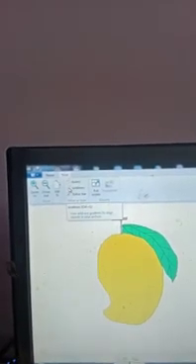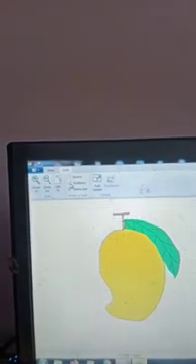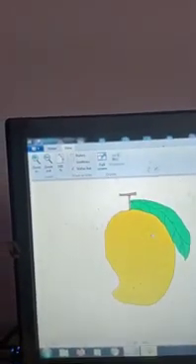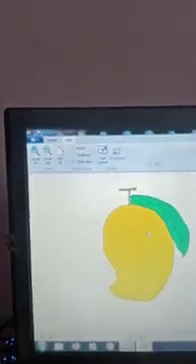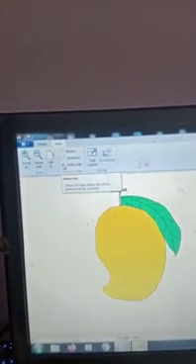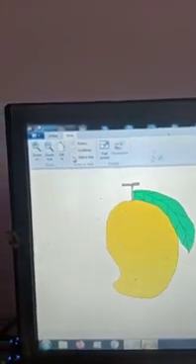Okay, and those are the rulers. And if you do not want the rulers, then you have to uncheck. If you want to show the grid lines, then you have to click on that. And if you do not want them, then you have to uncheck. Okay, and the status bar is also shown here. If you want to hide the status bar, then you have to uncheck. If you want to show it, then check. Okay, so this is the very easy way. Through this you can add colors and work with the tab.